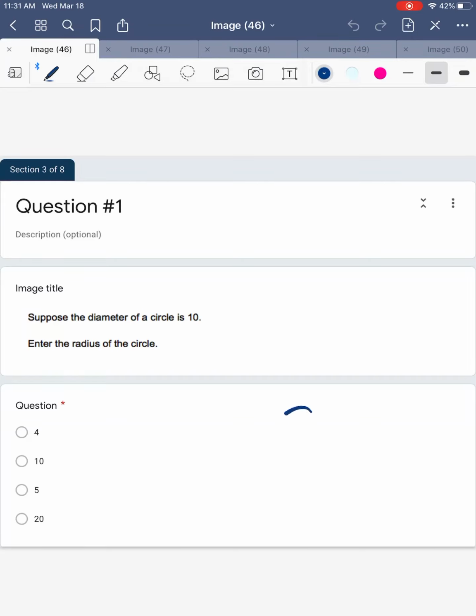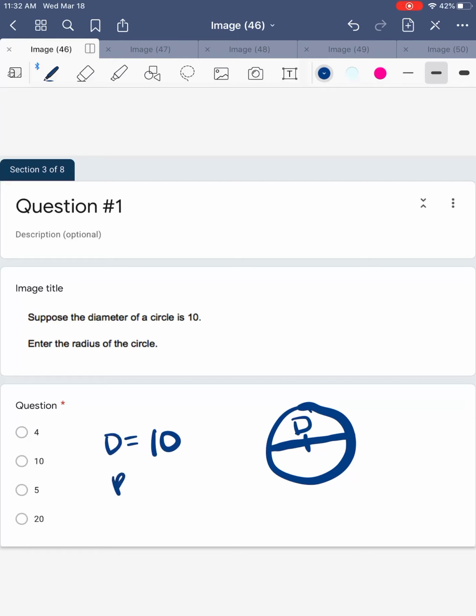First of all, the diameter of a circle is when you have a circle and you have a straight line like this, the diameter is the full line across. So that whole thing is the diameter. The radius is half of that. So the radius is half of the diameter. If my diameter equals 10, then my radius is going to be half of that,